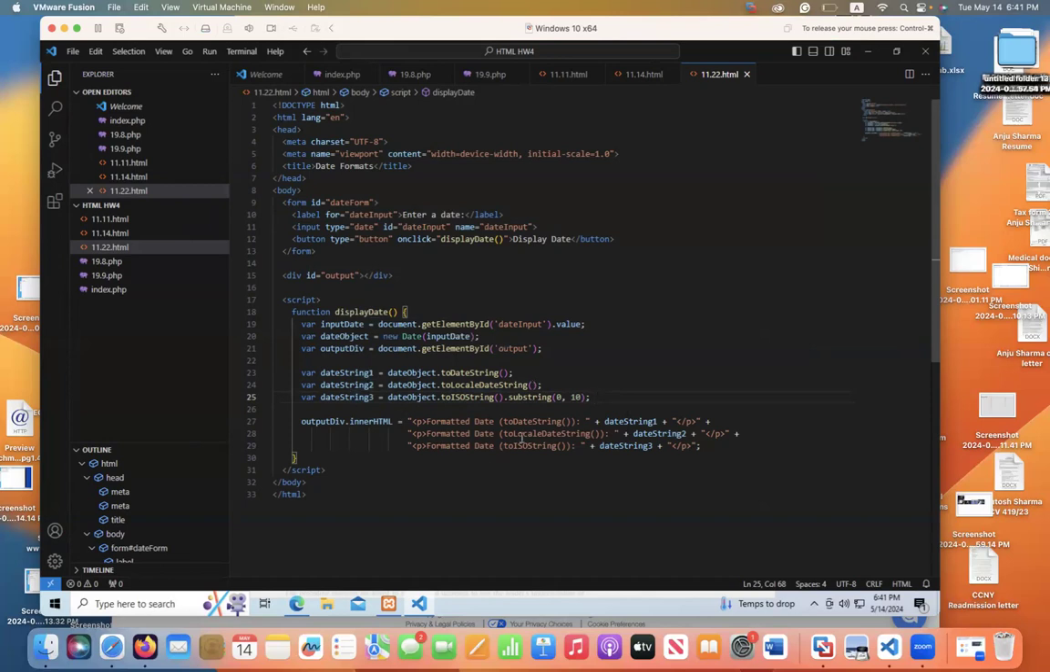And here are the outputs. So these are the ones to date string. That's what I was trying to specify. So to date string, to local date string, and to ISO string. So it'll show different versions of the dates when printed out. So when you copy path, you go into